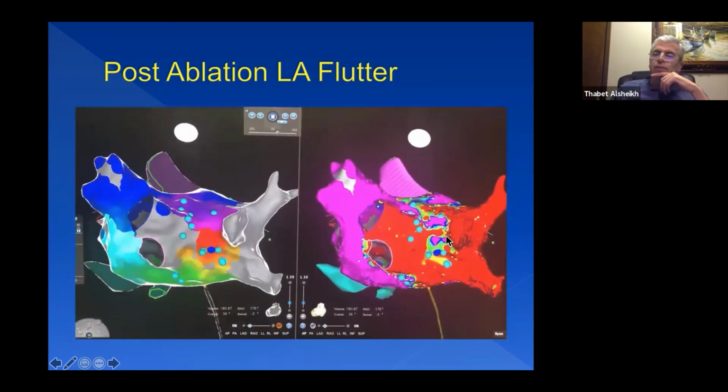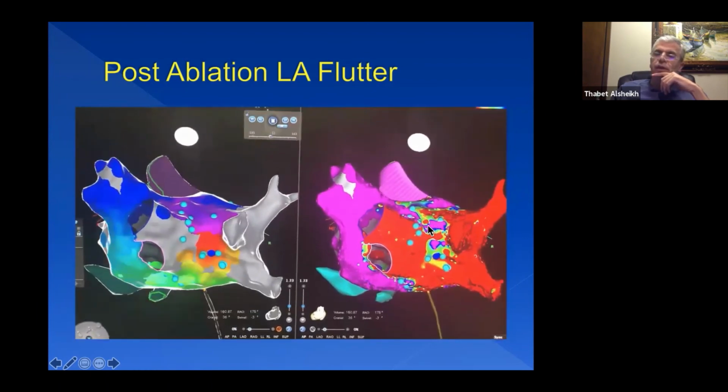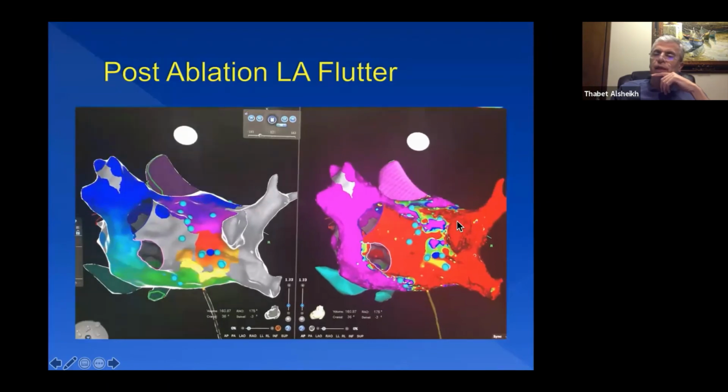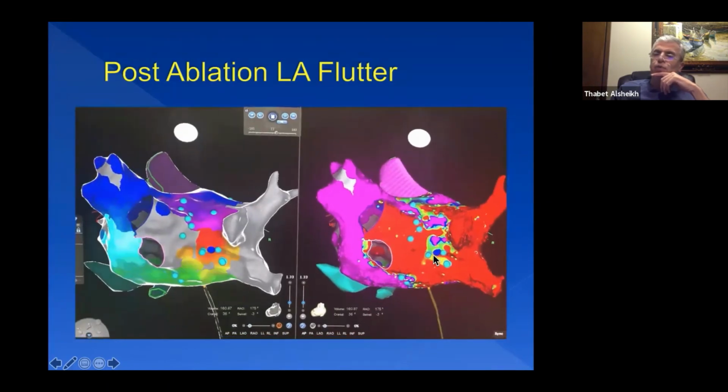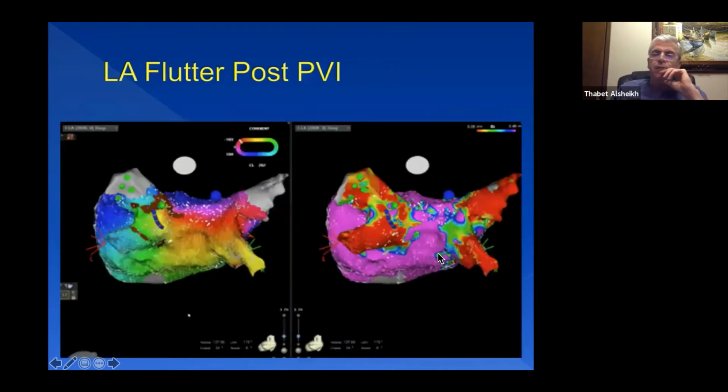And how do we stop that circuit? Well, this is the narrowest area. We go in and put a line here or here, and sometimes just one dot is enough to stop that circuit. This is another patient